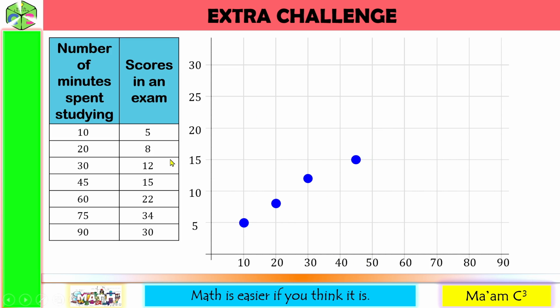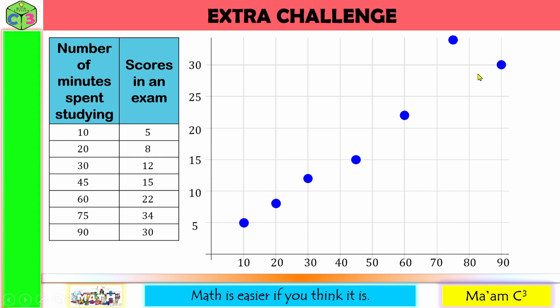So here. Next, we have 60. The score is 22. So somewhere here. Next, we have 75. That is in between 70 and 80. And the score is 34, somewhere here. And last one, 90. And the score is 30. Here you go. So I could say that indeed there is a trend of line rising from the left going